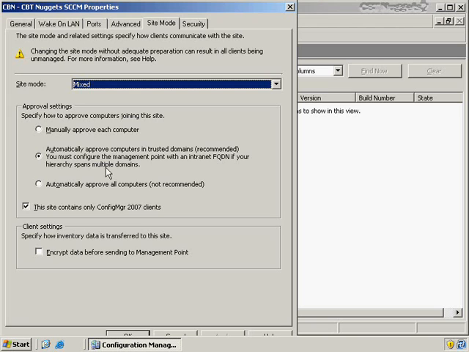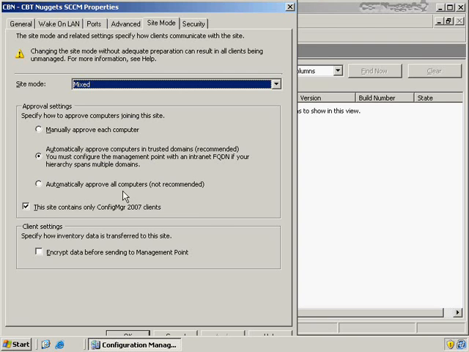Or do I want to perhaps automatically approve computers that are in trusted domains? So if I have domains that are trusted, do I want to say, okay, I'm just going to trust that you're brought into the domain using an approved account, which means that you're probably okay to bring into my Configuration Manager instance because of that approved account. Essentially, I'm doing a chain of trust all the way back to the person that brought that computer on the network. Lastly, I can just say automatically approve all computers, and it shows here that this is not recommended because